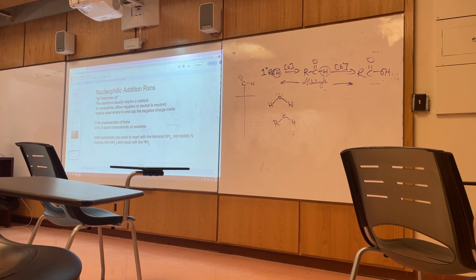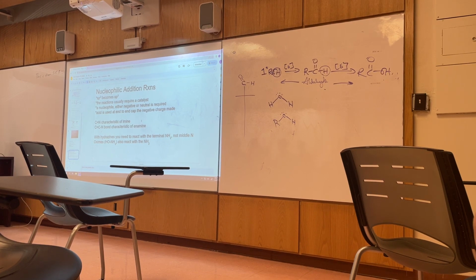Next, acid is used at the end of the reaction to end cap the negative charge. So we basically cannot leave it negative. Anytime you can't leave a reaction negative or positive at the end, it has to be neutral, right? All right. So if we keep these 4 stars in mind,